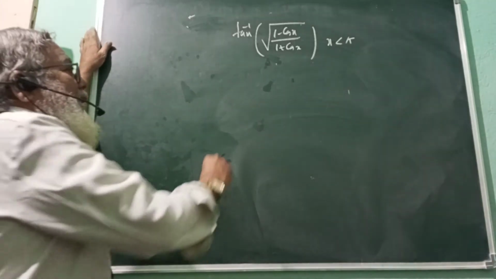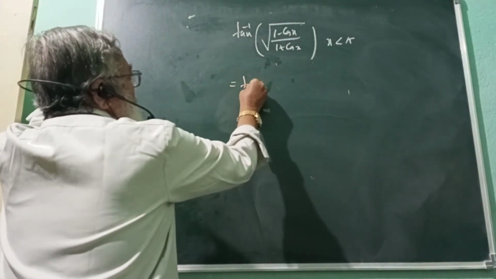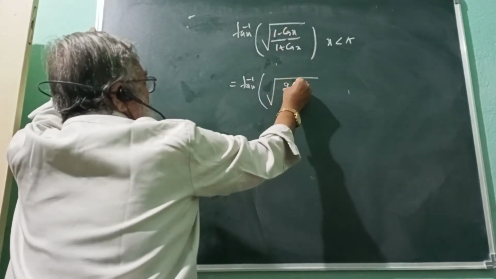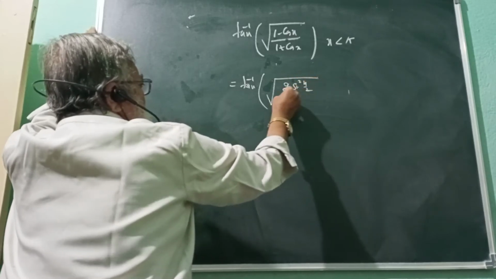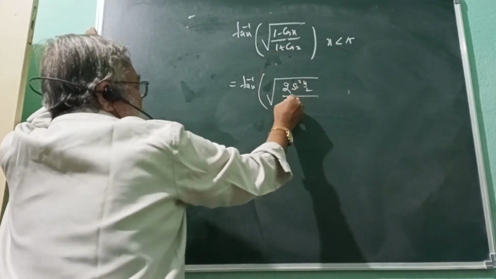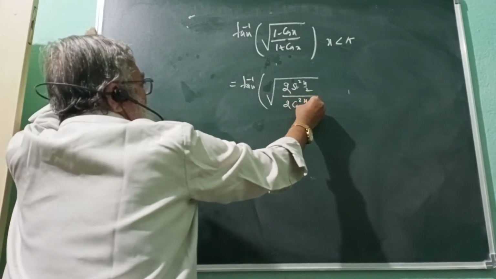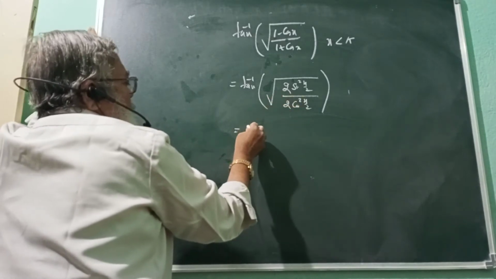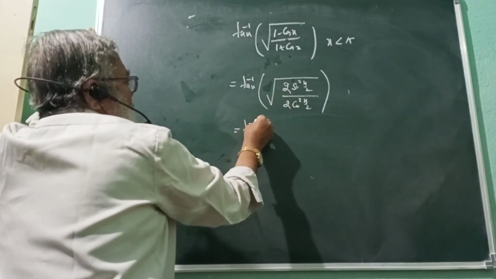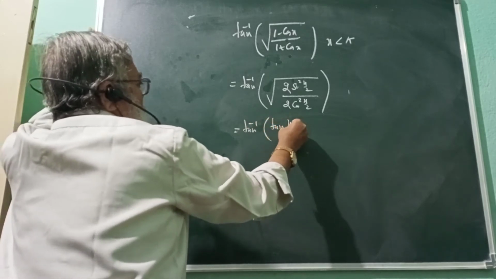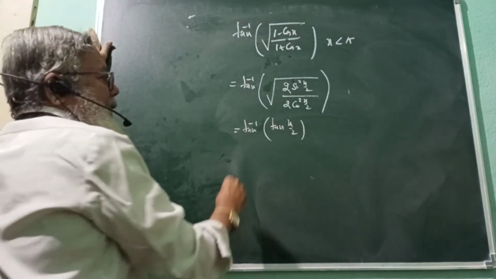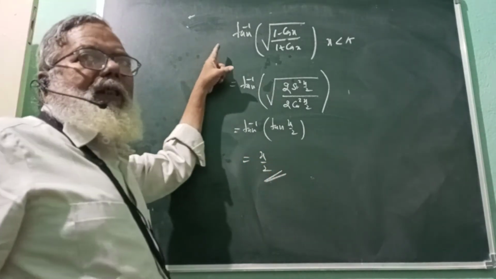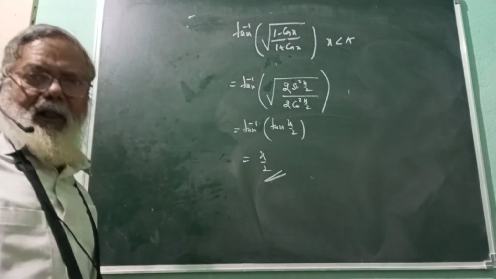So here again we take the help of the half angle formulas. Tan inverse of 1 minus cos x is 2 sin square x by 2, and 1 plus cos x is 2 cos square x by 2. That is, you see 2 cancels with 2, sin by cos is tan, root of tan square is tan x by 2. Tan inverse of tan x by 2. And now you can see tan and tan inverse cancel each other. x by 2 is the simplified form of tan inverse under root 1 minus cos x by 1 plus cos x.